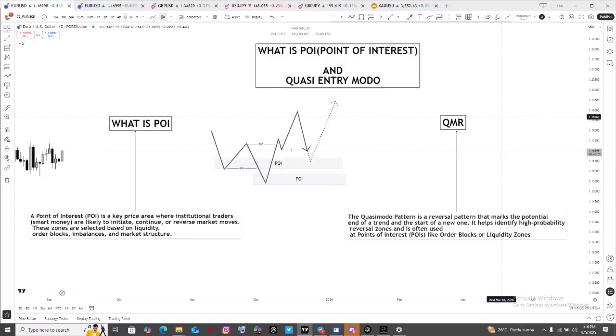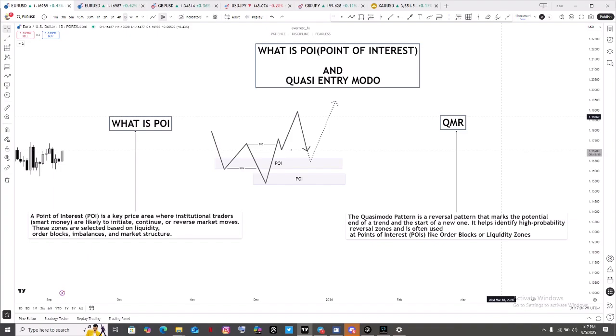Today we are going to be talking about POI and the quasi entry model. So, what is a POI and what is a quasi entry model? POI is simply point of interest. It's those particular zones, those particular areas where you want to enter from,